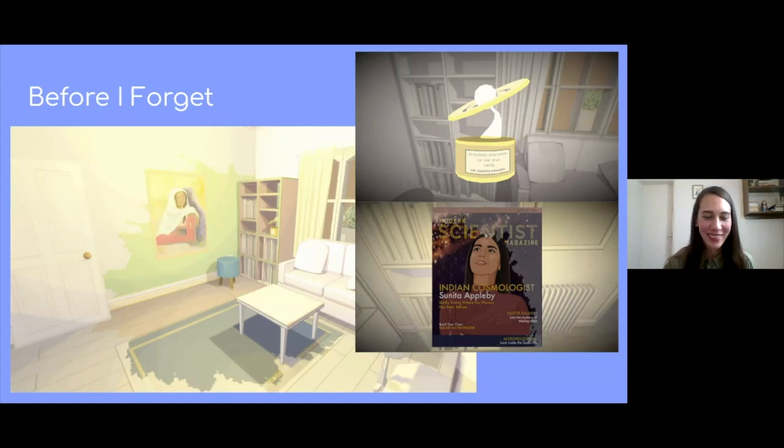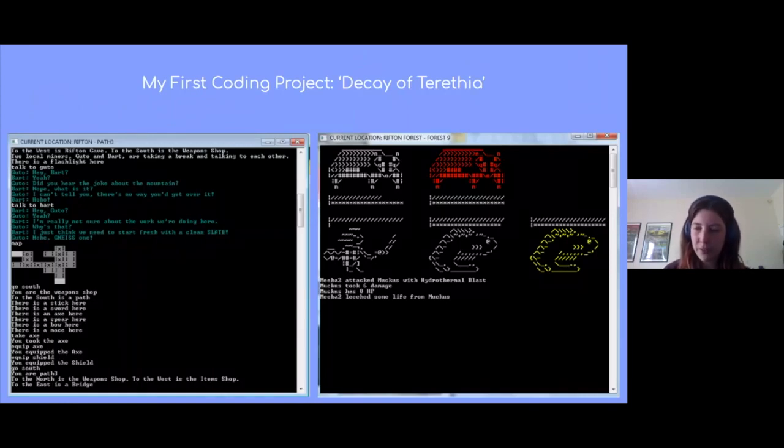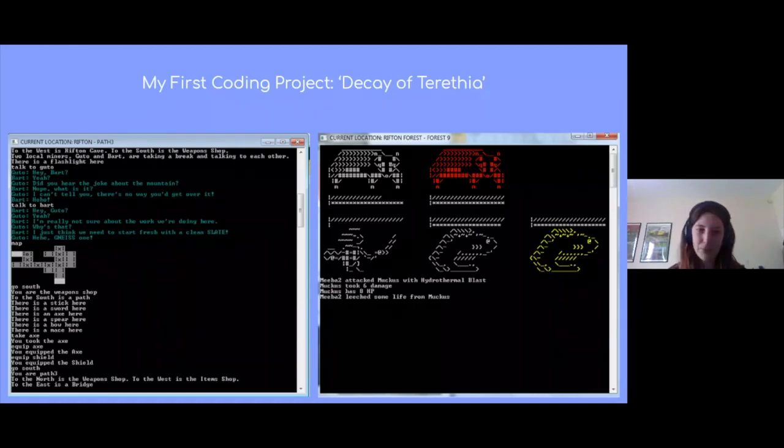Yeah, absolutely. So I've got a slide on this, and I'm going to show you one of my earliest coding projects here. I came into games from a fairly non-traditional route in that I studied geology and paleontology at university, and always saw making games as more of a hobby because of that. It's something that I really enjoyed from a really young age, but it was never really something I considered as a career.